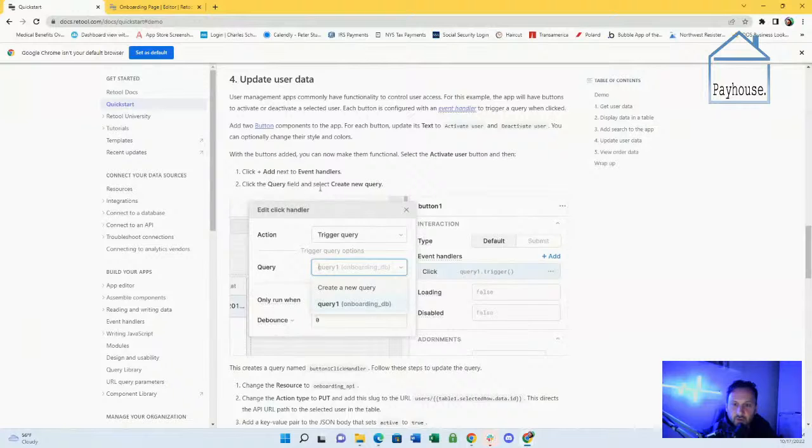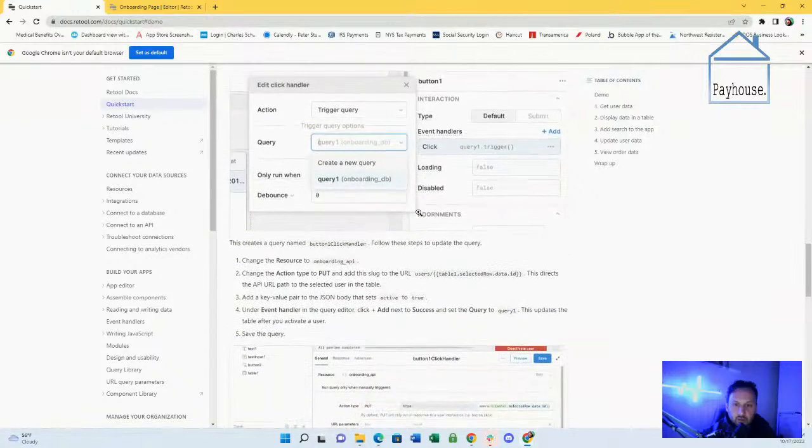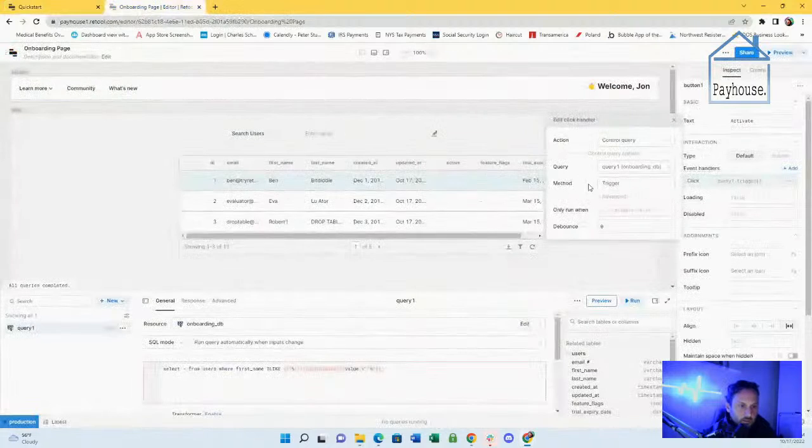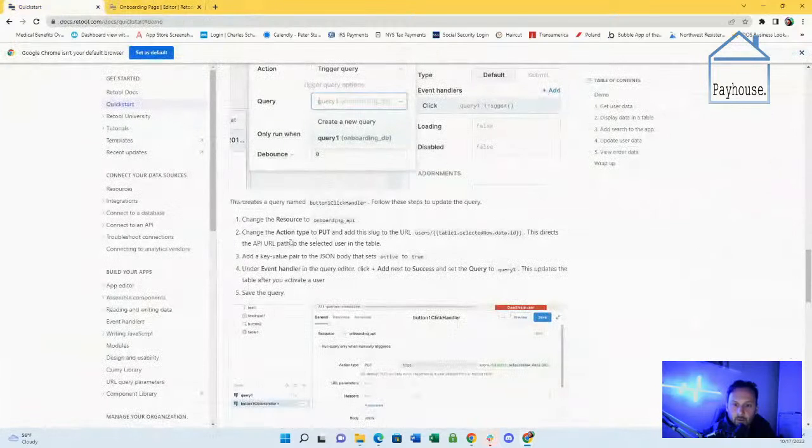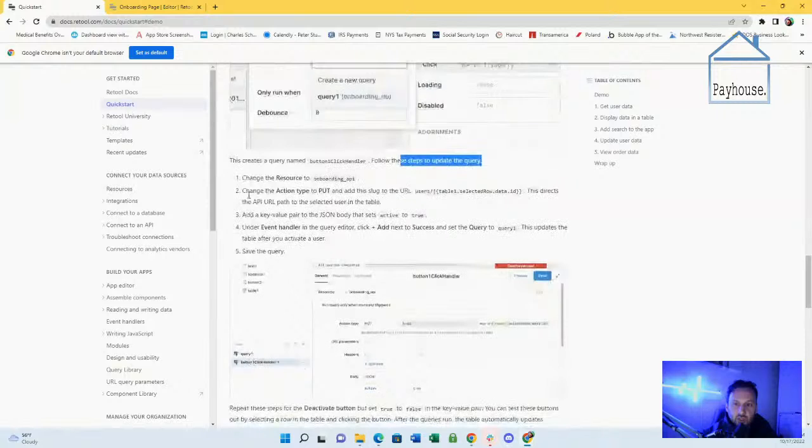Click the query field and select create a new query. This creates a query named button one click handler. Follow these steps to update the query. Change the resource to onboarding API.